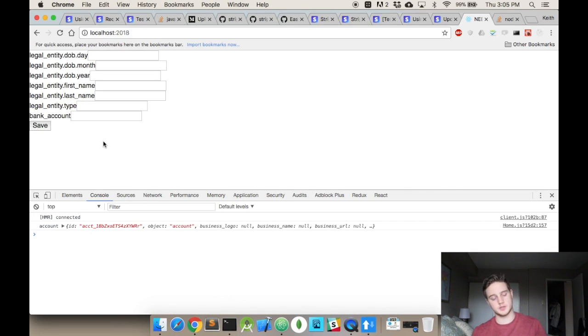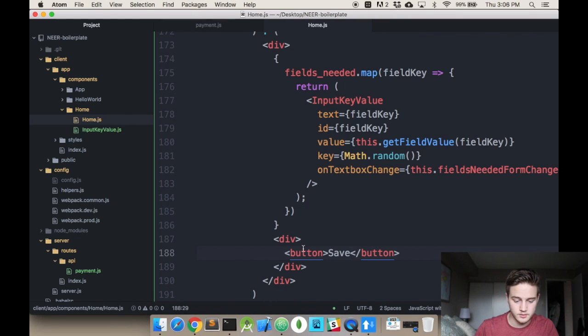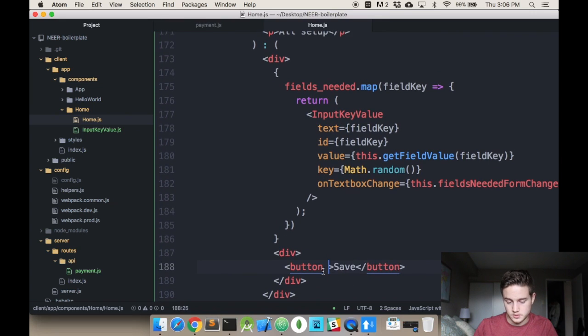You could always add the choice to load in all their values, all the previous values, right? So you type in, because we have the account object and they all exist there, that's an option. And you also have the key value information. That's more on your side with React and working with that. So that's everything. I mean, we have to do the on handle. Let's do the onClick, and then we'll switch back over to the back end. So this will be called on click saves fields needed,